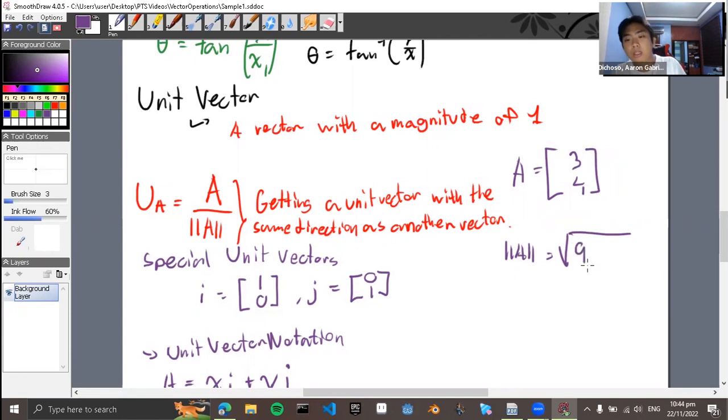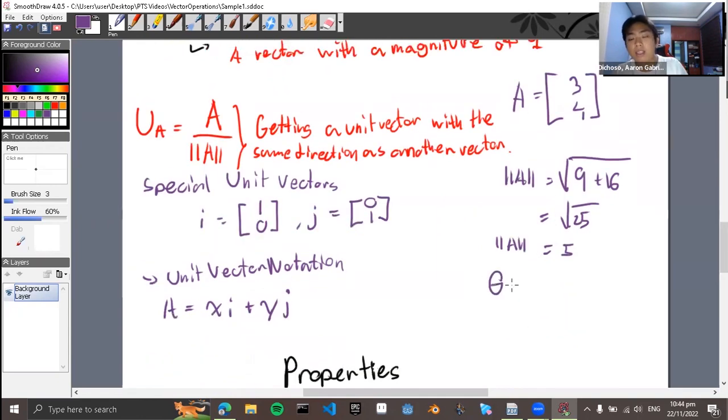So it would be 9 plus 16, which is equals to square root of 25, which is equal to 5. So that is our magnitude. Our direction naman, yung angle theta, would be arctan y over x. So our y here is a 4, our x here is a 3. And if we input that into our calculator,